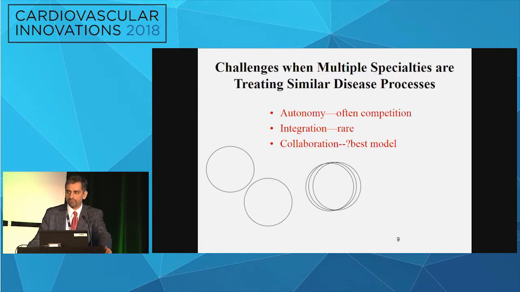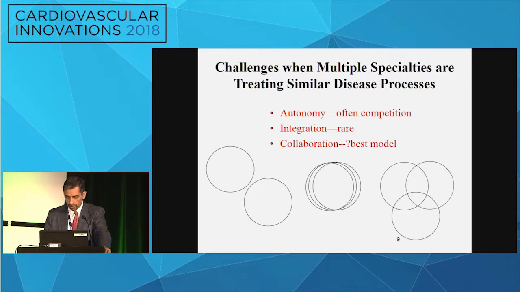You can have true integration, and there are very few places in America where this has happened. It's a challenge mostly from a fiscal standpoint, but if you truly believe in the vascular center concept, hopefully at some point down the road we'll get to this, where all folks that deal with vascular disease are tied together not only from a clinical standpoint, from a patient treatment standpoint, but also from a fiscal standpoint. As many of you know, those challenges are mostly fiscal, in terms of how to incentivize and appropriately reimburse different individuals. And then collaboration, which is probably the best model currently.